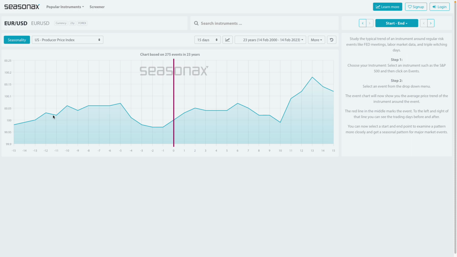This chart shows the seasonal impact of the US Producer Prices Index print over the last 275 prints spanning 23 years. US inflation, alongside US labour data, is a key focus of the Federal Reserve right now, surrounding the path of interest rates. So check out to see how the seasonal dynamics of the reaction to the print could play